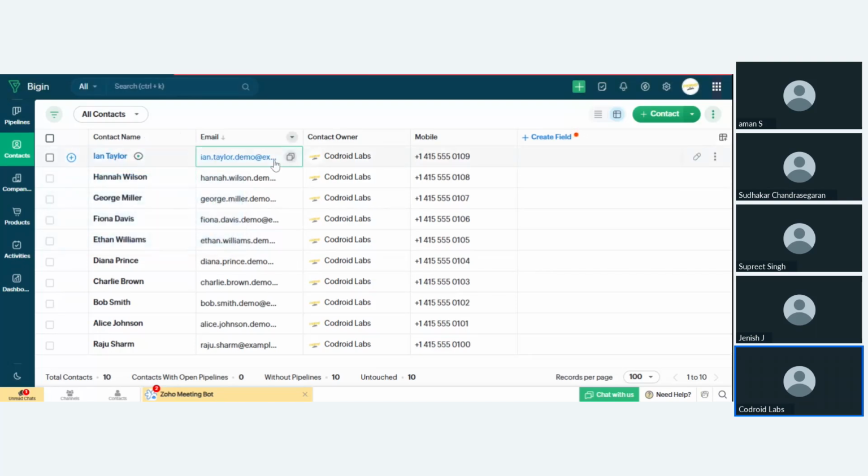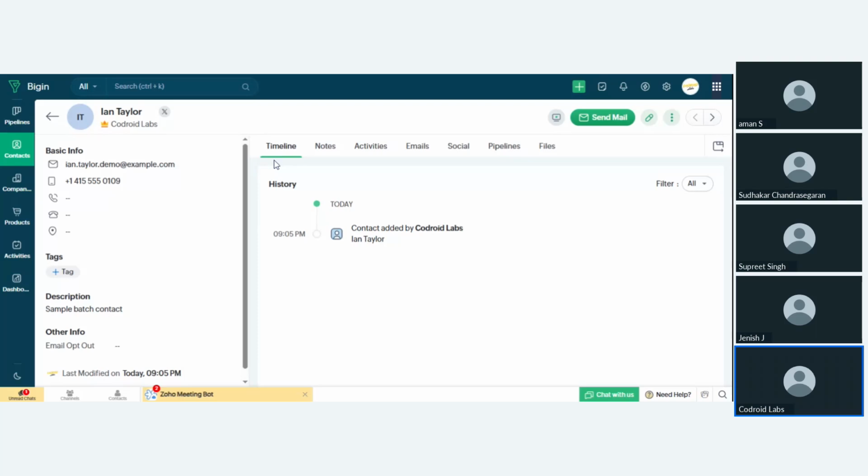contact information, suppose I want to update the mobile number, or the location, or the tag name, or the description. I can also do that with the help of my ChatGPT. I don't want to manually check all the records and then update those things, which takes so much time.